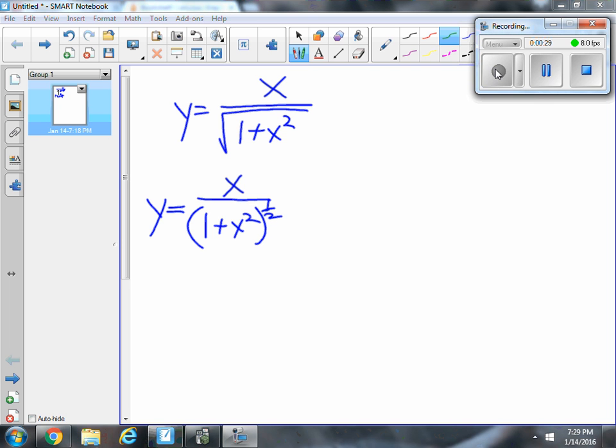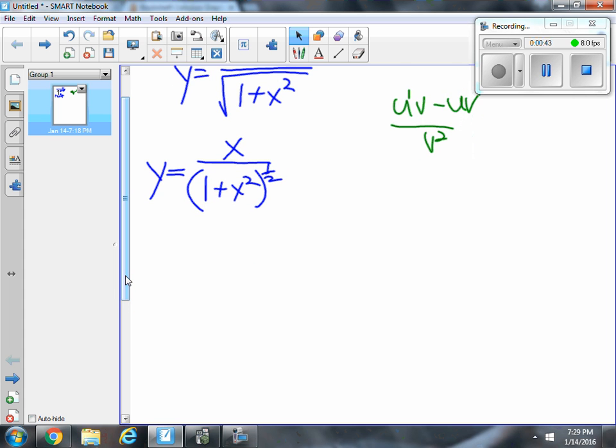So I have a quotient here. My quotient rule is u prime v minus u v prime over v squared, and my derivative kind of moves from front to back. Taking this a little step at a time, y prime is equal to, well, u prime would be 1, because the derivative of x is 1, times (1 plus x squared) to the 1/2,